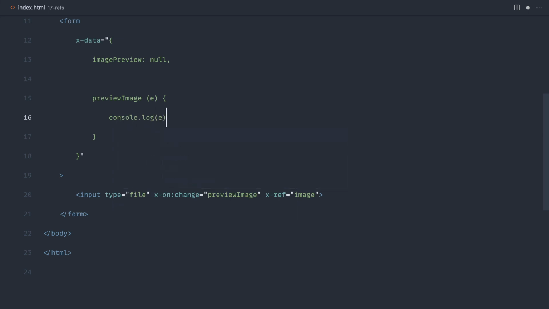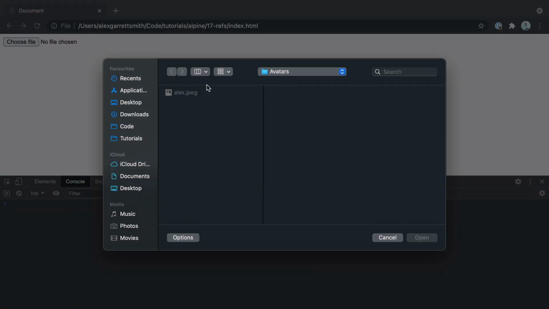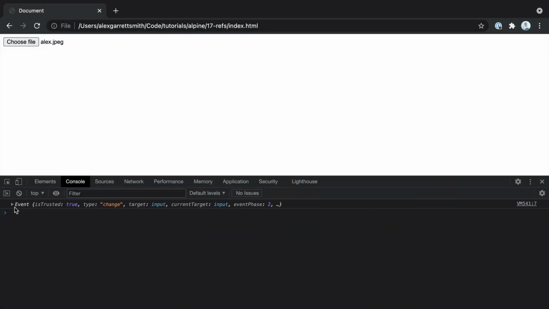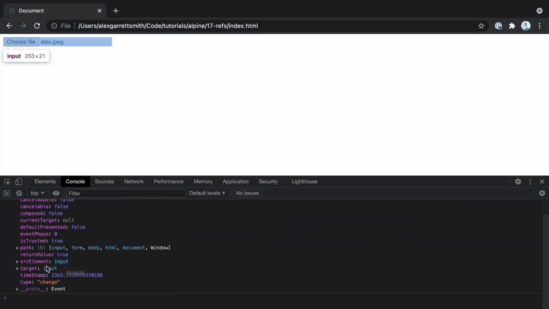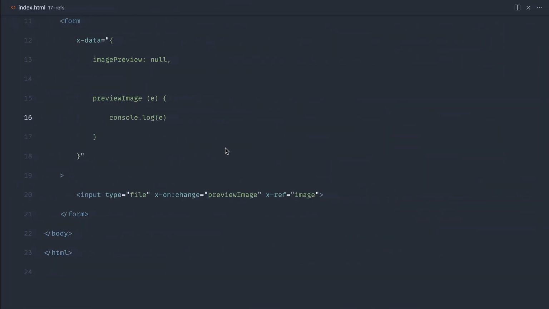Let's just log on that event just so we can see what we mean. And if we just select that image again, we get the event through here, and we do have the target. You could do that, but we're going to go ahead and roll with the x-ref in this example. In fact, let's bring that event back in because I think it's going to be a bit easier to do